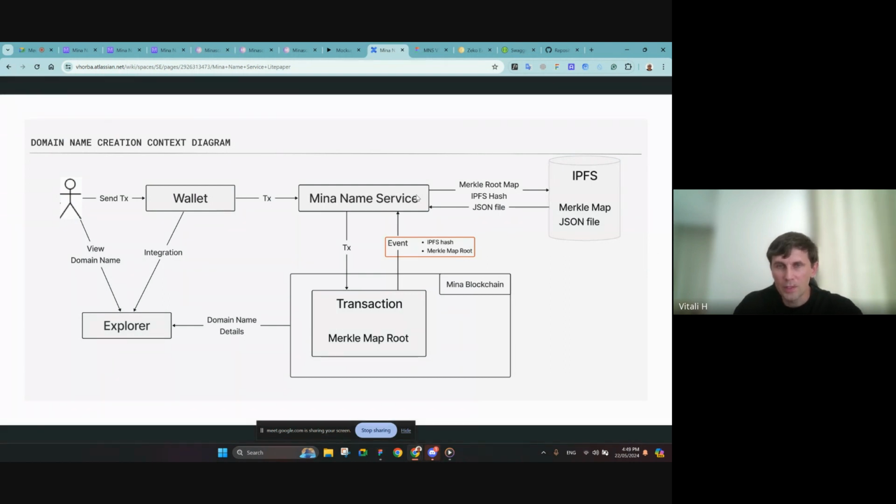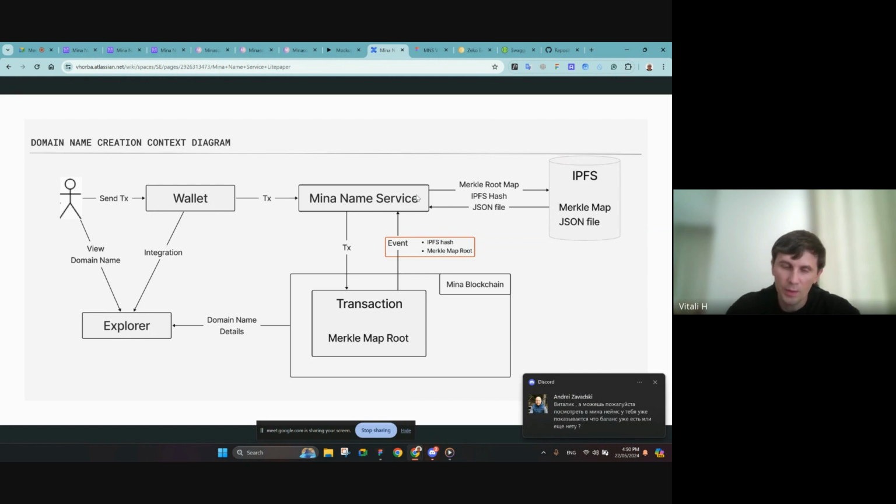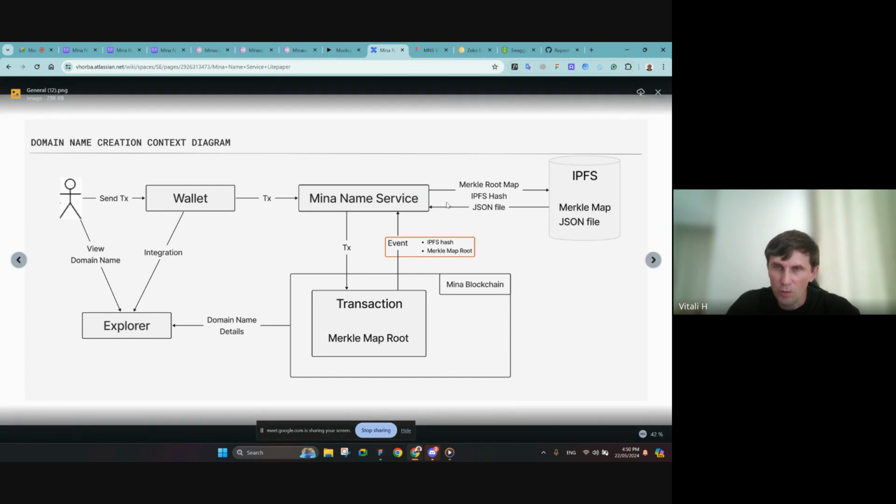Mina Name Service is trustless since it has a smart contract that executes all the logic. When a new name is added, the name server script first fetches all the events, and then the Merkle tree is created and stored in IPFS, and later it can be rebuilt based on the information from JSON.